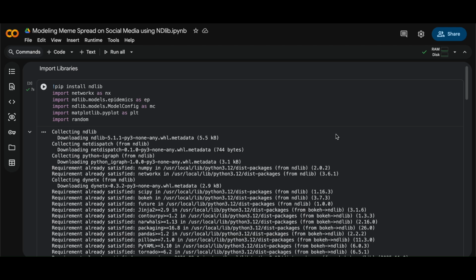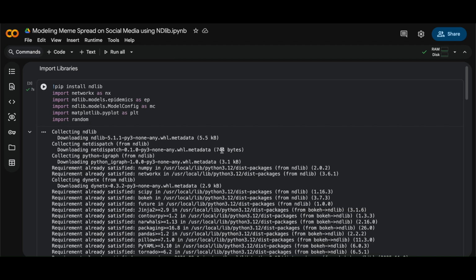Tools and technology which we are going to use in this application are Python, NetworkX, NDlib, matplotlib. First we will pip install NDlib and import networkx as nx